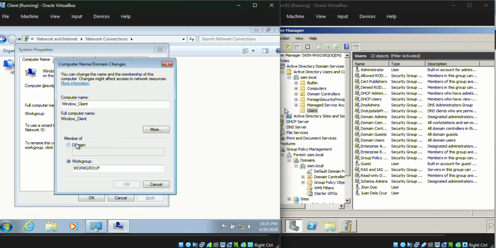We can actually use this and use this. So now we'll try to connect with the domain here. Name it sam.local. Okay,